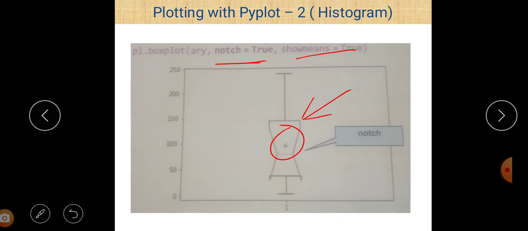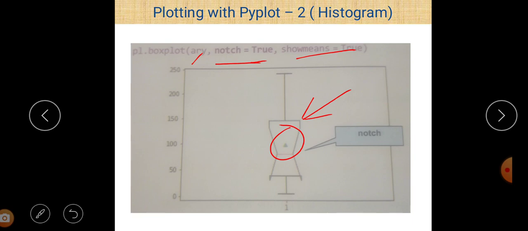And ARY is compulsory to give when we want to print a box plot, because this is the collection of the data sets. Without the data we are not able to plot a box plot here.